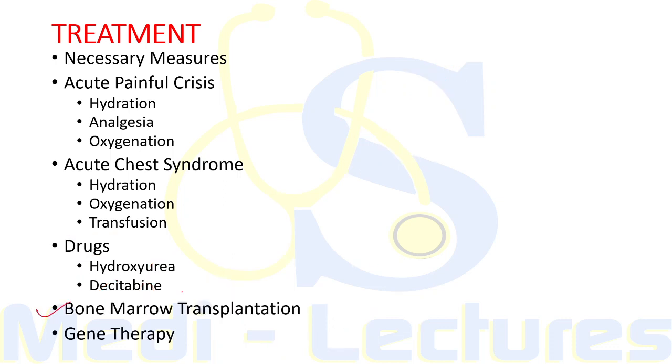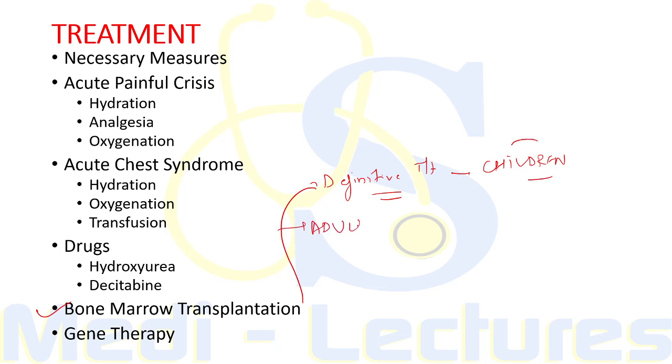Now coming on to bone marrow transplantation, it is the definitive treatment for sickle cell disease, but it is effective and safe only in children. So do we have any option for adults? Yes, we can do mini transplant in such adult patients with sickle cell disease. What is this mini transplant? It is a partially myeloablative conditioning regimen. Now gene therapy includes zinc finger nucleases,